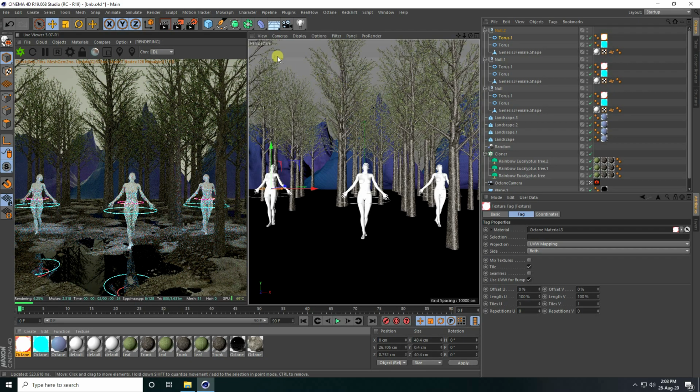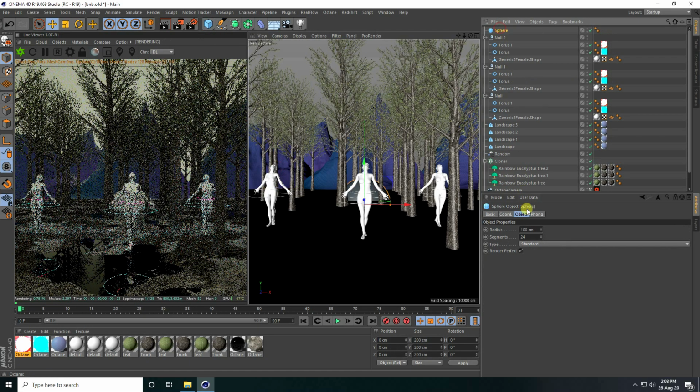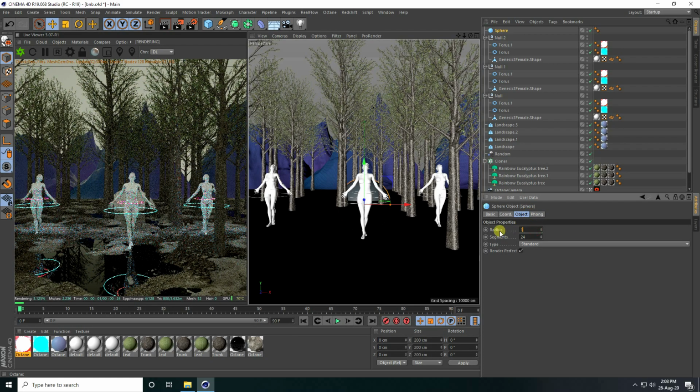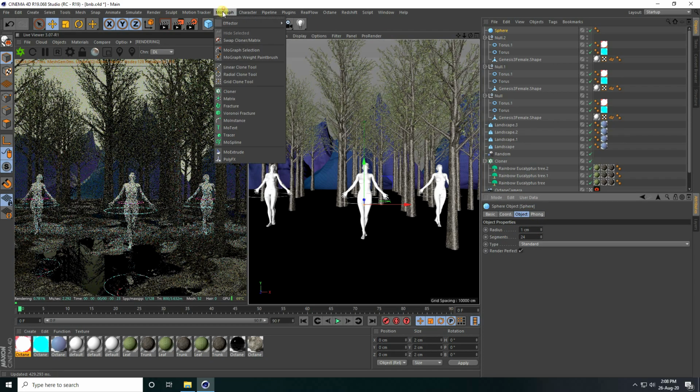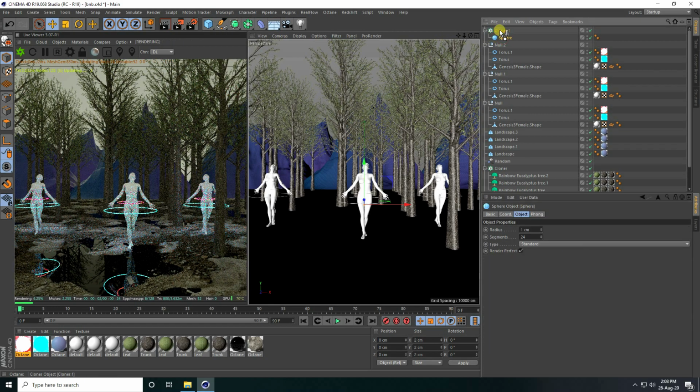Okay, so guys, next step, I create stars. So guys, use sphere, simple, and sphere radius I take like 1 centimeter, 1, and use cloner. Guys, select this sphere and make child with cloner.